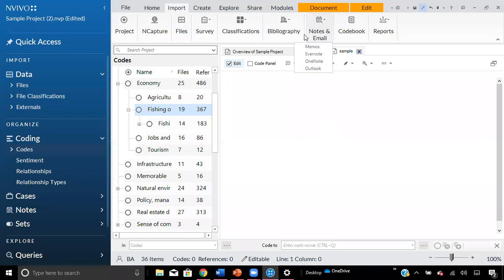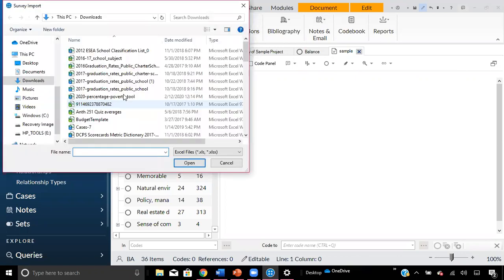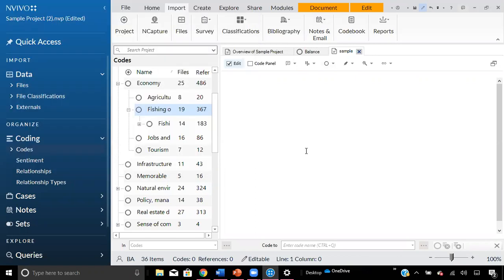So to import, you would just select the type of file you're wanting to import, and then it should pull up a window where you can select the file and import it into NVivo. Alternatively, you can also drag and drop files.